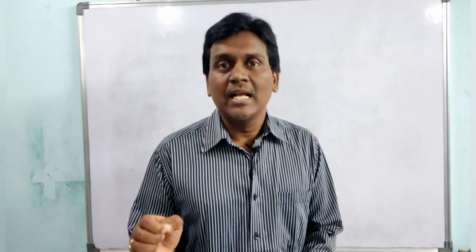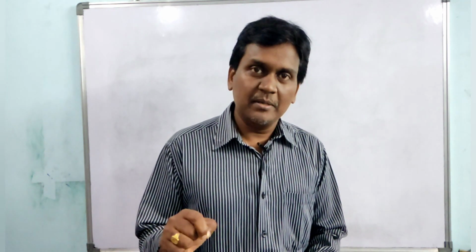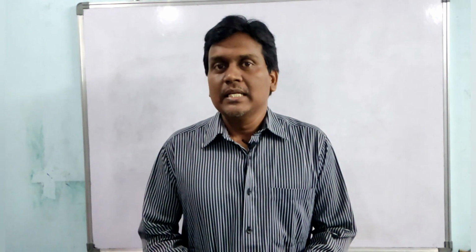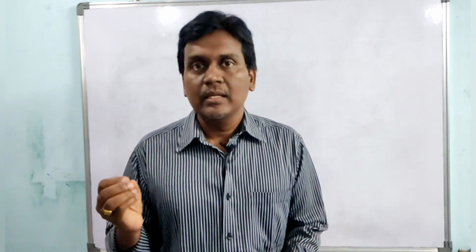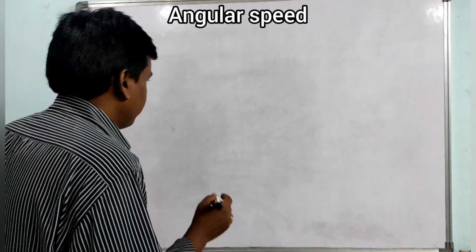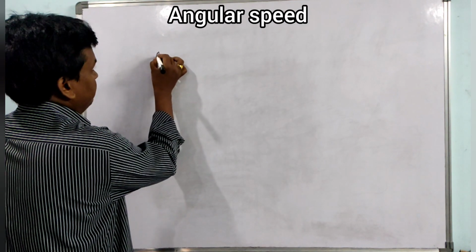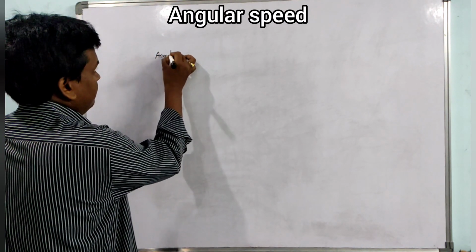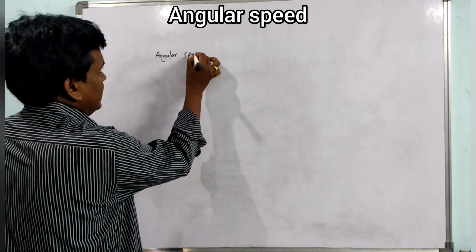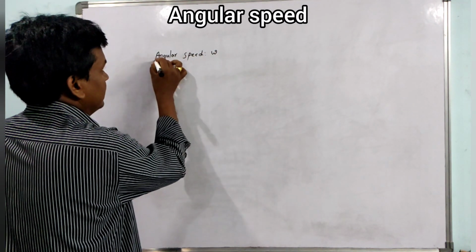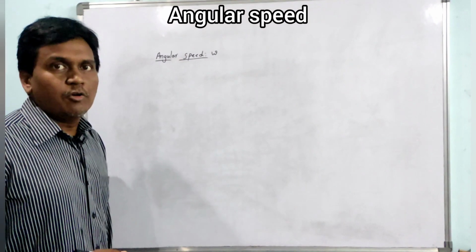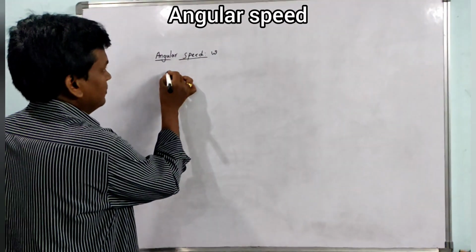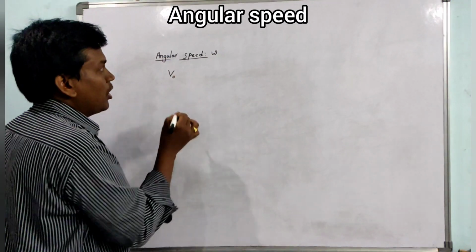Hello everyone, welcome back. In this session we are going to discuss the angular speed, angular momentum and time period of a satellite which is orbiting around the earth. So first, coming to the angular speed of a satellite, angular speed omega. Before going to this angular speed omega, first we have to take into consideration the orbital